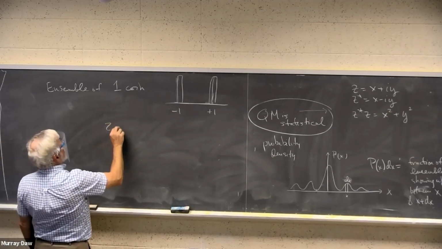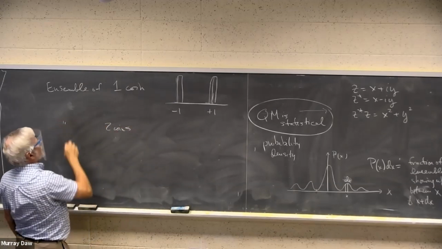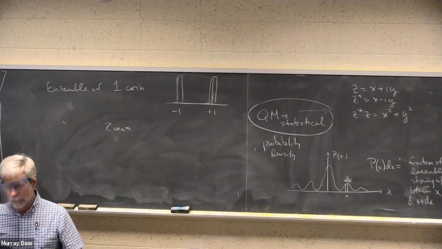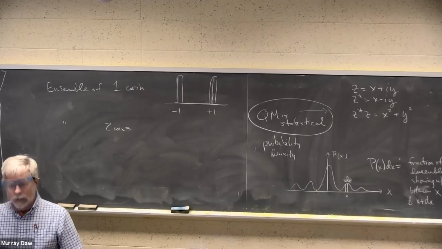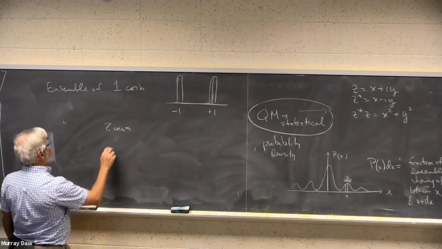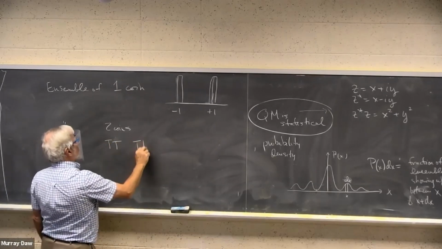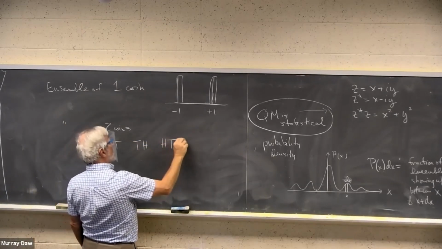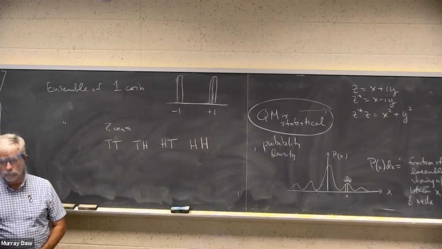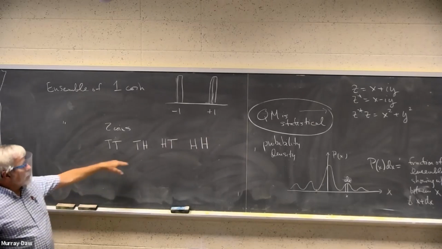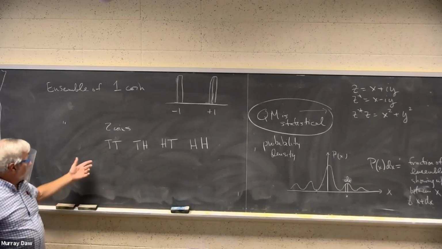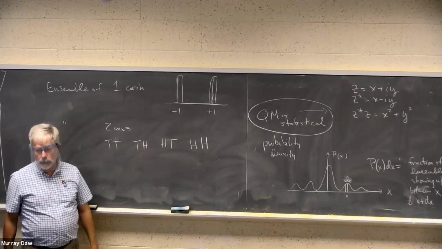Okay, 2 points. An ensemble of 2 points. Every person gets 2 points. It's going to flip both points. So each person has 4 possible outcomes, right? Could be 2 tails, a tail followed by a head, a head followed by a tail, or 2 heads. So you can see each one of these is equally likely. A quarter of the ensemble should correspond to each one of these.